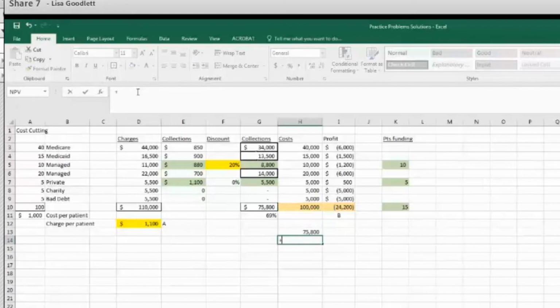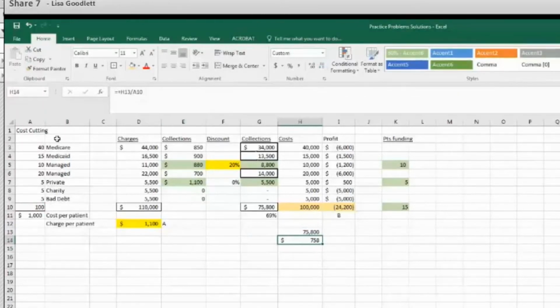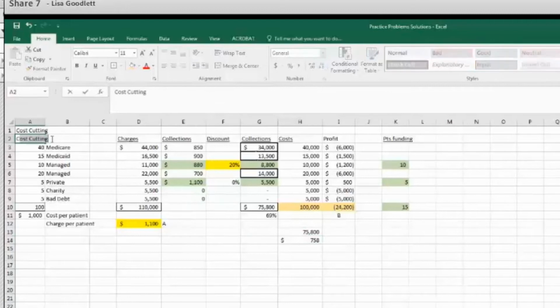Here we're trying to figure out how we can run that program at $758 per patient instead of $1,000 per patient. And then another thing you can do is sometimes try to change